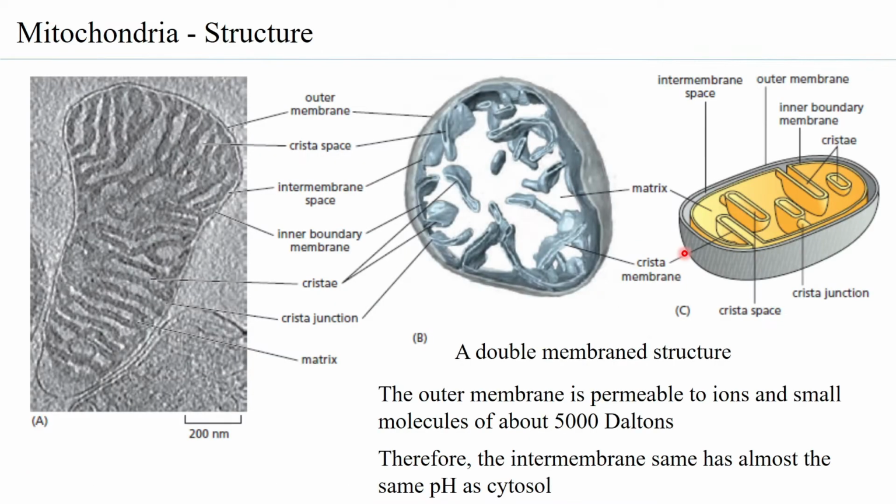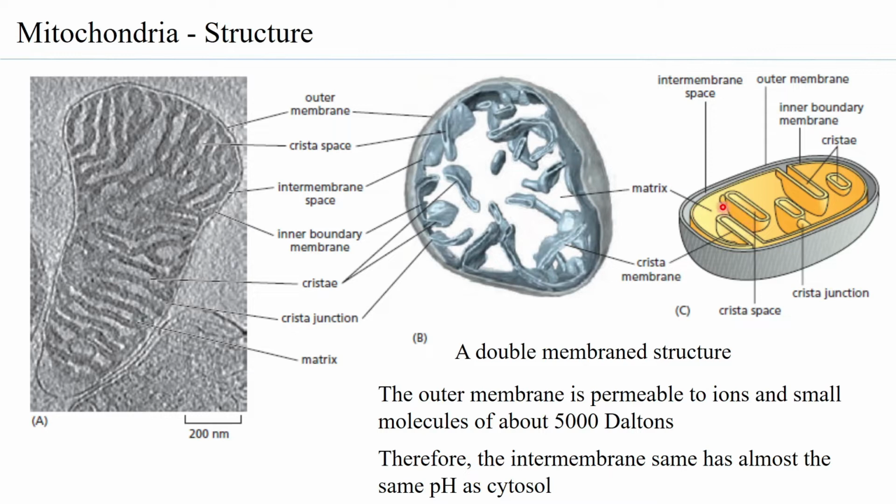Now let us go to understanding the structure of the mitochondria. So you can very well see from this electron microscope structure that you have two membranes. The outer membrane, as you can see, and you have the inner membrane. This comprises the inner membrane. Now, interestingly, the inner membrane is a highly folded structure. As you can see over here, it is a highly folded structure, and